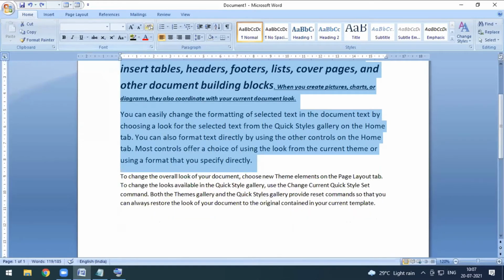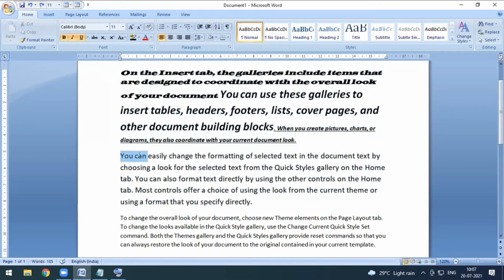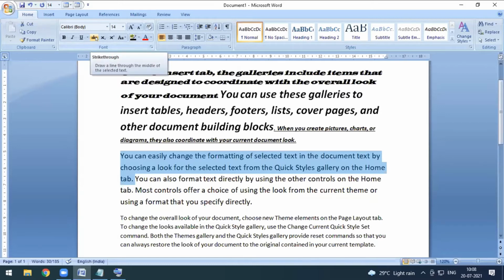Now the next thing which we have is this. This is basically strikethrough. If in a paragraph I don't want this line right now, but later I want this line. Right now I really don't want these three lines. So I just click over here on strikethrough, and those lines will be struck through. If later I want these three lines back, I can click over here again and the strikethrough will be removed. So with strikethrough, when some words or sentences in a paragraph you don't want, you just click over here and it will make a strike. And if later you want those back, you just click over here and the strike will be removed.